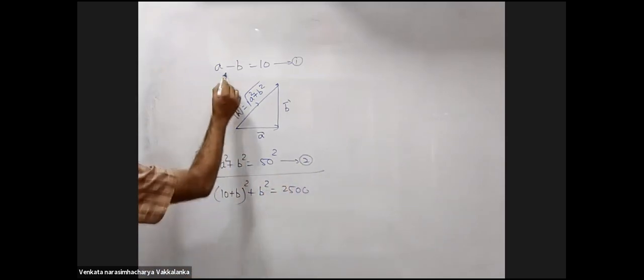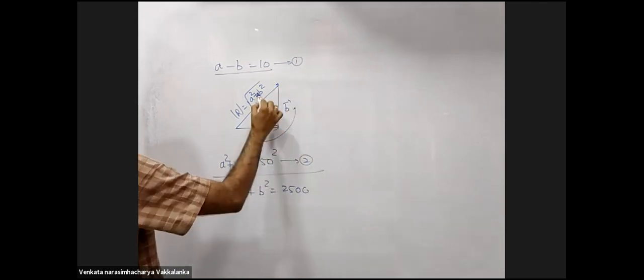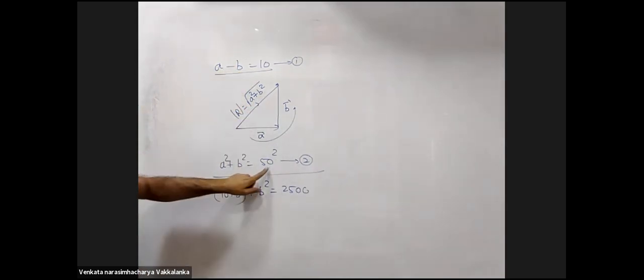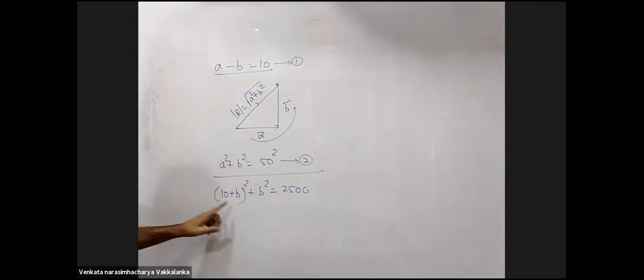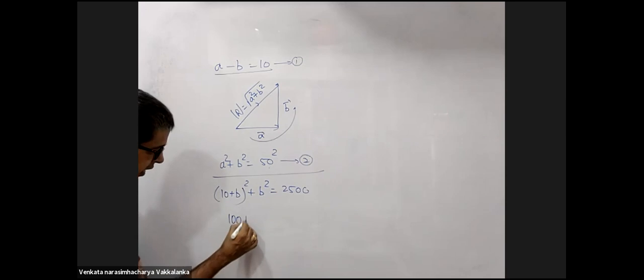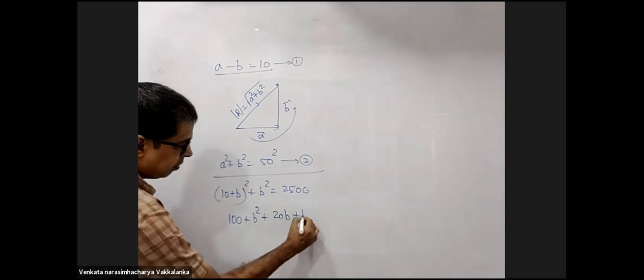Okay. Now, A minus B is 10. The resultant when two are perpendicular is 50. When they are perpendicular, resultant will be root over A square plus B square. Square of that will be 50 square, Pythagoras theorem. You need this line, right? A is 10 plus B, so 100 plus B square plus 20B plus B square is 2500. Now, remaining simplification I don't believe is difficult for you.